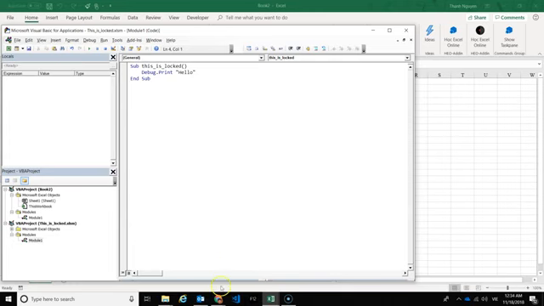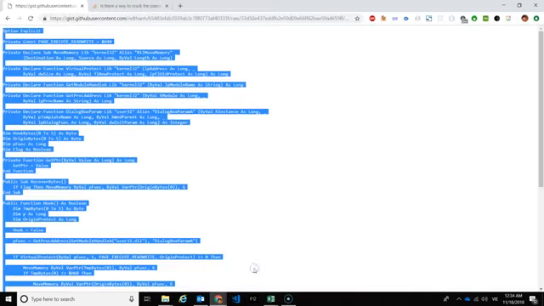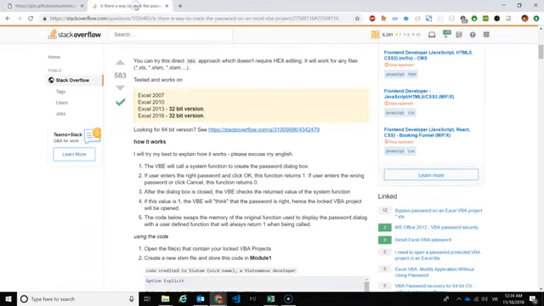So the code is coming from my answer on Stackoverflow. So this is this one, and it worked for Microsoft Excel 2007, 2010, 2013, and 2016, as you see. So just try it out